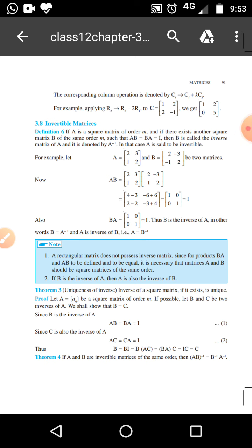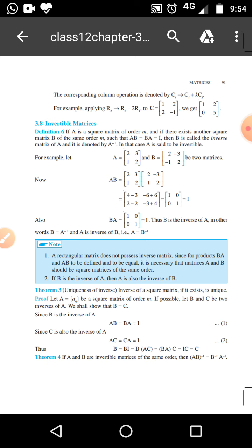Today we are going to discuss invertible matrices, and this is the last topic for the chapter on matrices. Later on, there is a method to find the inverse by elementary operations, but we shall not discuss this now. We shall discuss it later in the chapter on determinants, because that is the easiest method. So please listen carefully. What are invertible matrices, and some theorems regarding invertible matrices.